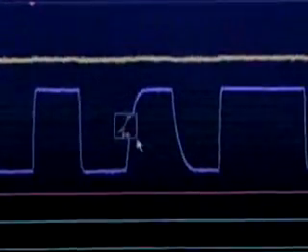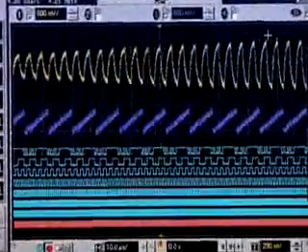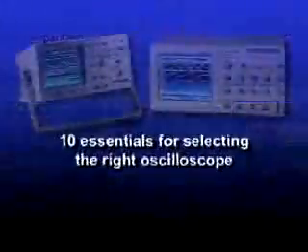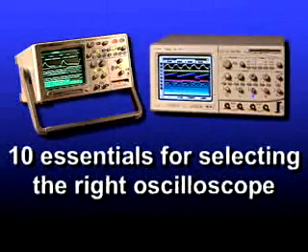You rely on your oscilloscope every day, so selecting a new one that meets all of your needs is important. Unfortunately, comparing the specs and features of different manufacturers can be both time-consuming and confusing. We believe the following suggestions can help speed your selection process, as well as help you avoid many common pitfalls